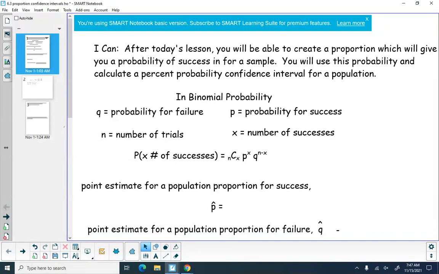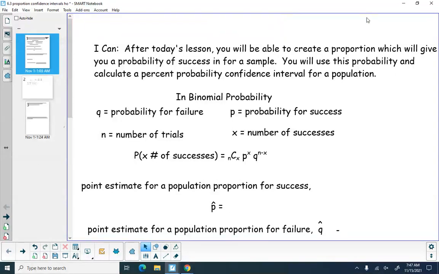If we go back to our binomial probability, we had some values that we used in regards to calculating a binomial probability. Binomial probability was you either hit or you miss a free throw. You either got something right or you got something wrong. There's a probability that we dealt with that just had 2 solutions, right or wrong, make or miss, whatever that is. And the variables that we utilized was Q was the probability for failure,